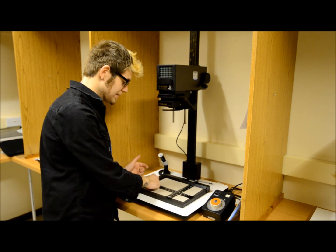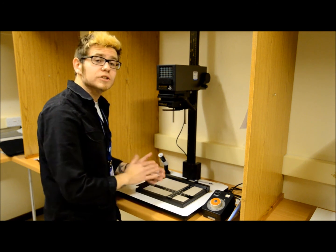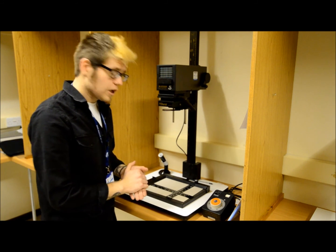And this would show us the correct exposure along these timings that we could use to create a final print from. I hope this has been of some help for you,